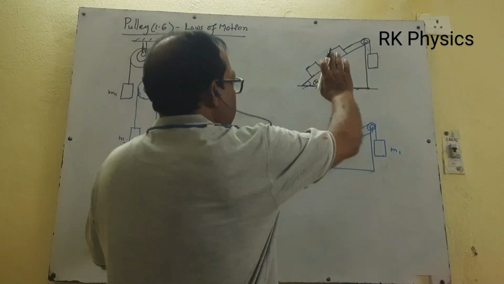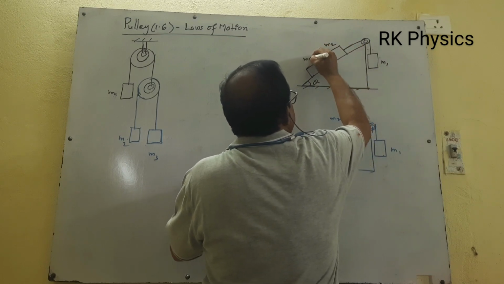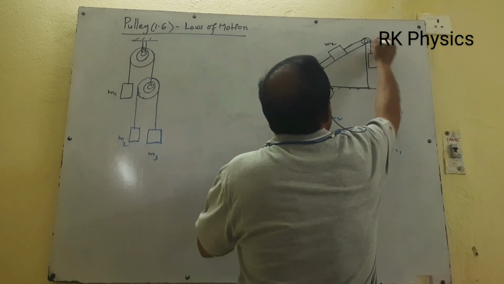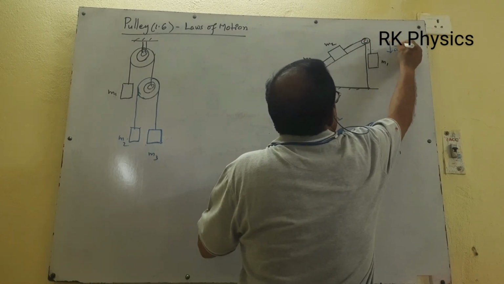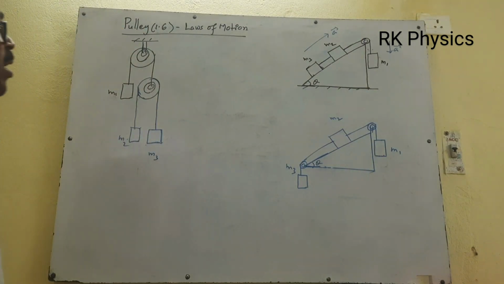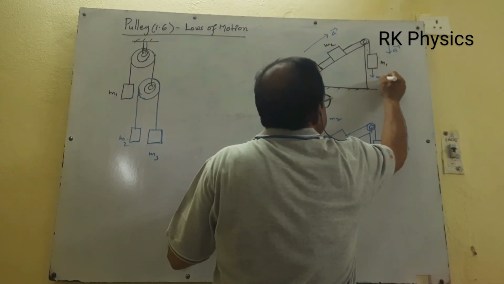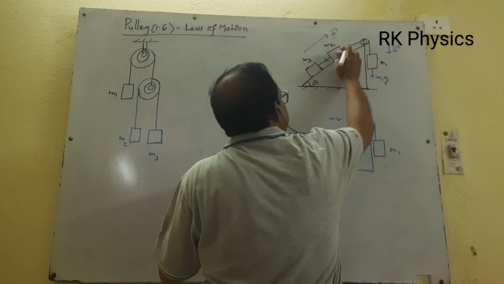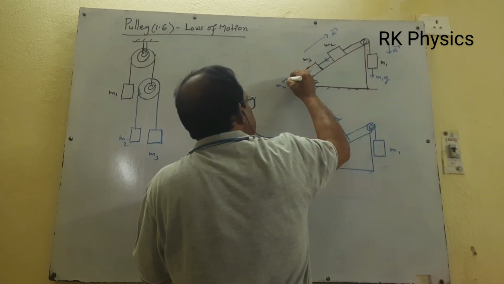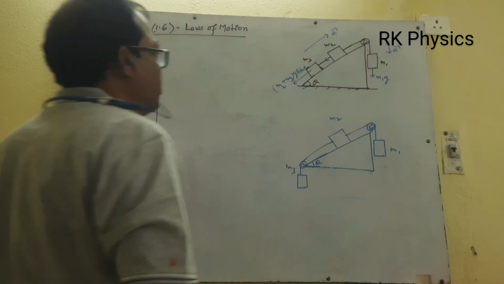Now let us come to the first figure. Take this as M1, this as M2 and this as M3. There are three masses, with a wedge-shaped body. M1 is moving down with the acceleration A, and the entire system is moving with the acceleration A. So how can you calculate the weight? M1 g is down, the component of M2 is down, the component of M3 is down. The net weight is M2 plus M3, I am writing g sin theta.